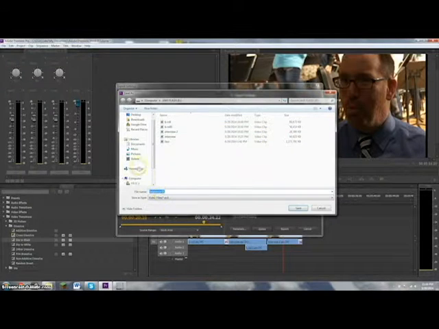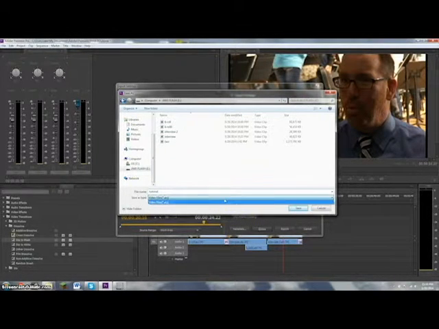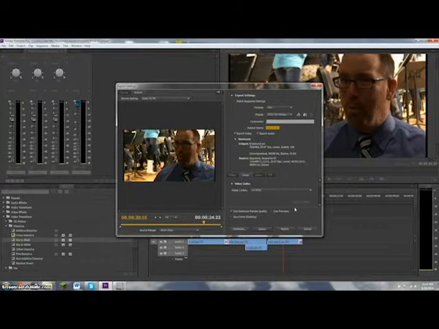Output name, I'll just name it, I will put it on my flash drive, and I'll name it Tutorial again. For PCs, AVI is usually the form of video. On Macs or Apple products, it tends to be QuickTime, which is MP4. They're both compatible with each other, they're both compatible with YouTube, and they both work fine. It doesn't matter which one you use, just know that it has to be one of those. And then all you have to do is save and click